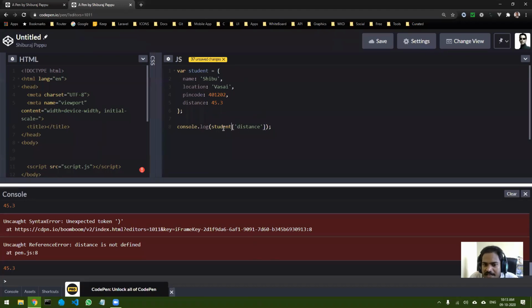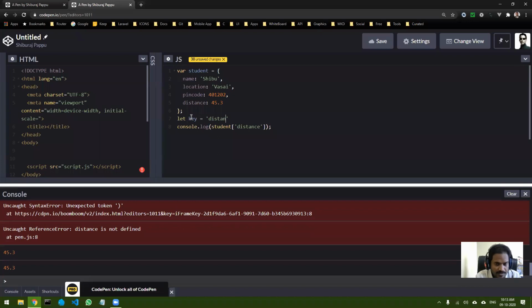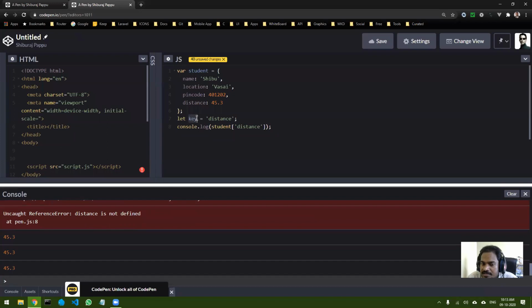But this method is very important when your key is stored in some other variable. For example, let's suppose let key is equal to, so the key itself is stored in another variable. In this case you cannot use the previous method.